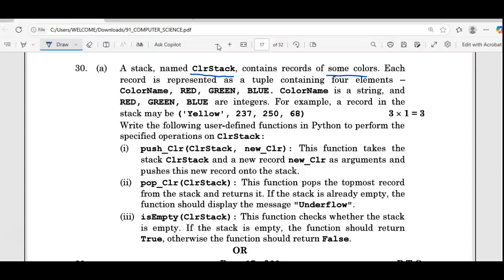So they are keeping the values from 0 to 255, if you remember, for each color scheme. RGB is our computer color scheme. For example, a record in the stack may be yellow, and for red it is 237, for green it is 250, and for blue it is 68. Write the following user-defined functions in Python to perform the specified operations on